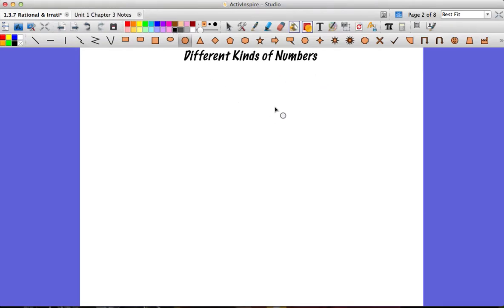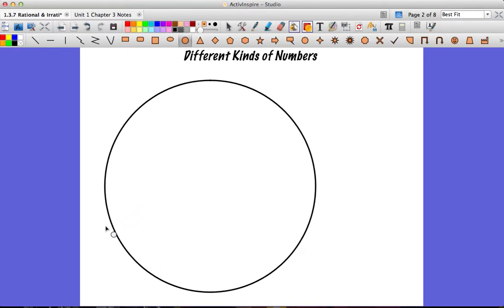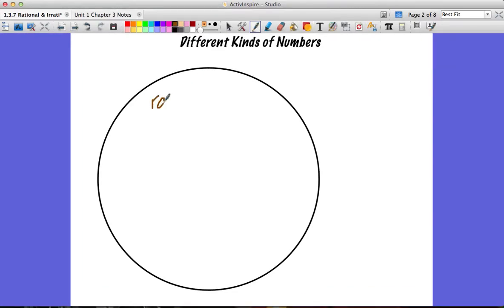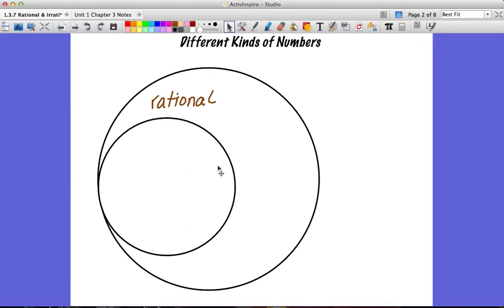So our first set of numbers that we're going to talk about all fit in this circle, and in this circle there are what we call rational numbers. Okay, we'll define this for you in a little bit. But you need to know that everything that's inside of this circle is a rational number. Then inside of that, there are numbers that are rational,